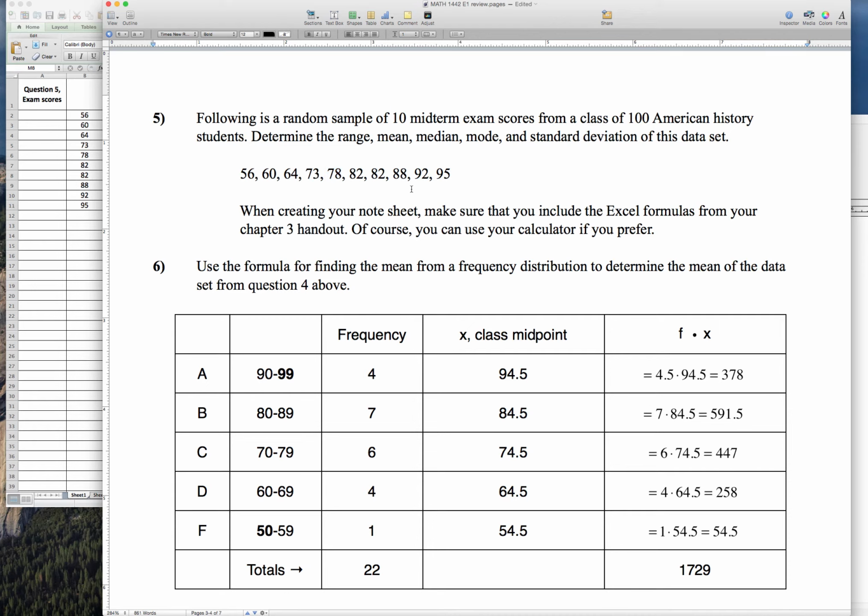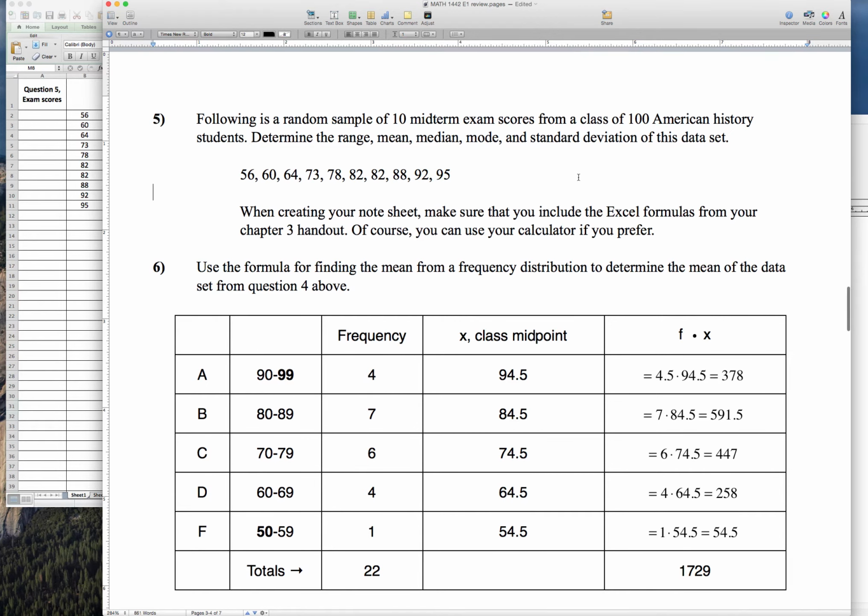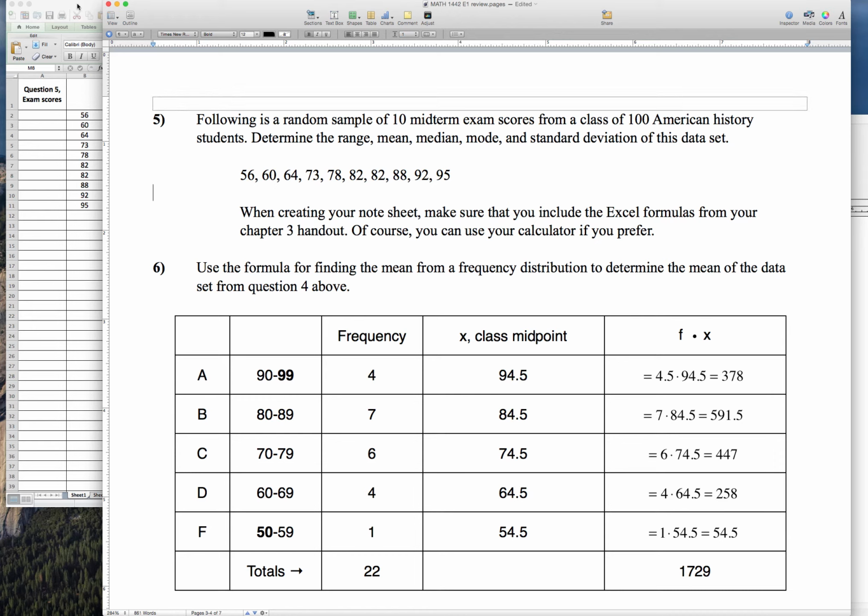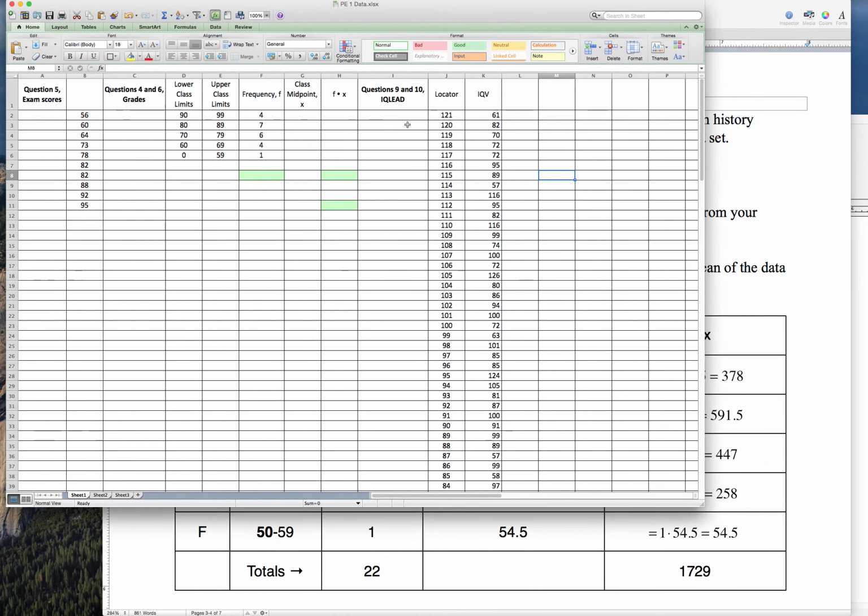The mean would require more work, and the standard deviation would certainly require more work. The question on the exam has smaller numbers, and it's still workable with just a calculator, but for the practice and for the actual exam, I've provided an Excel spreadsheet that has all these values in it. And you can see here where it says question 5, exam scores. This means that the column to the right of that has the values that are represented on the question